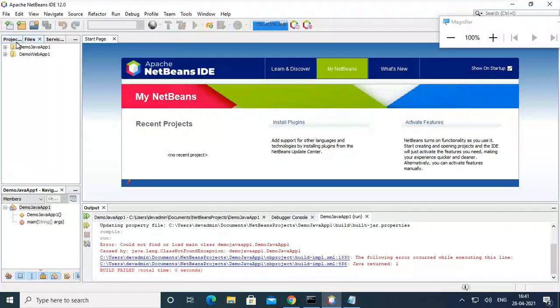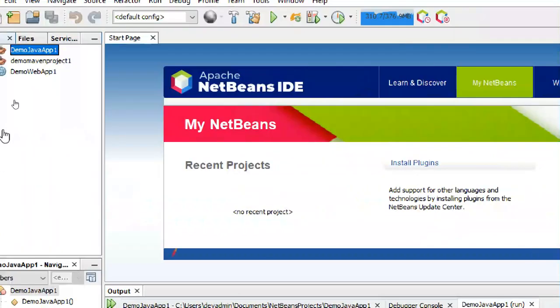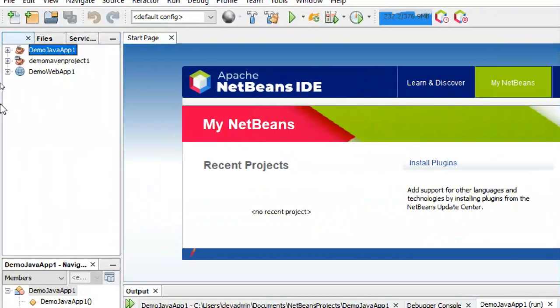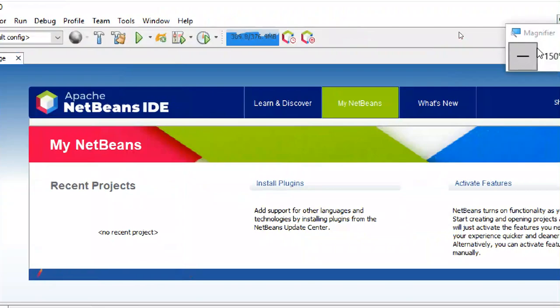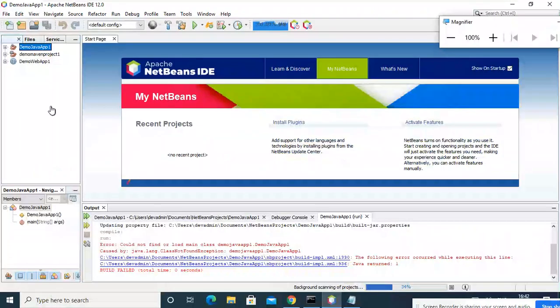I just now created it, right? No, it is not creating. You now understand why I use NetBeans or Eclipse. I tried to show you how to install it.